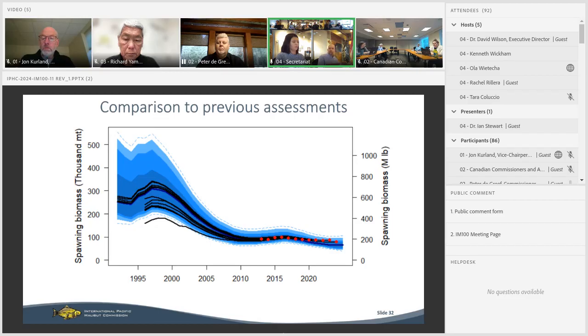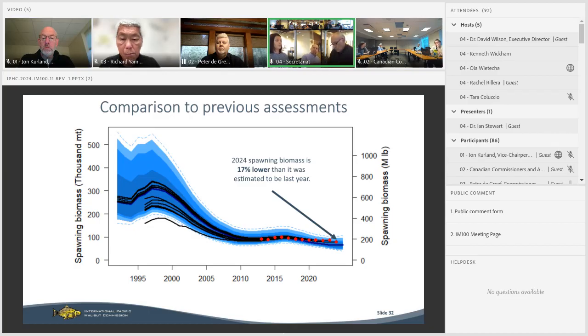And you can see right away that this year's stock assessment is considerably below last year's stock assessment. In fact, it's 17% lower in the 2024 spawning biomass estimate than we had at this time last year. However, despite the fact that the scale is lower, you see that the trend in recent years is still estimated to be relatively flat. It's just that we estimate the stock to have dropped to a slightly lower level before you get to the last couple of years of the stock assessment model.